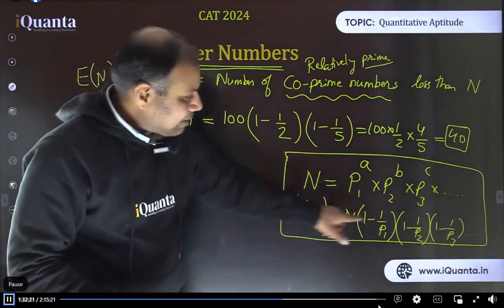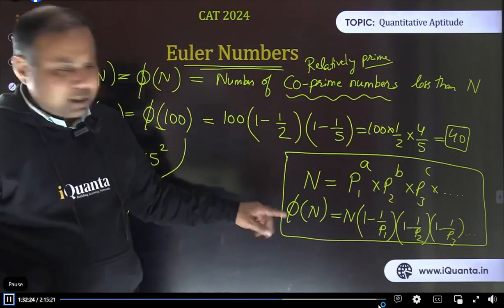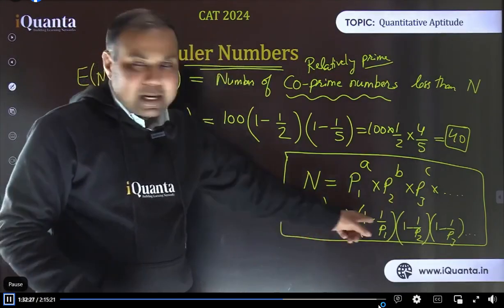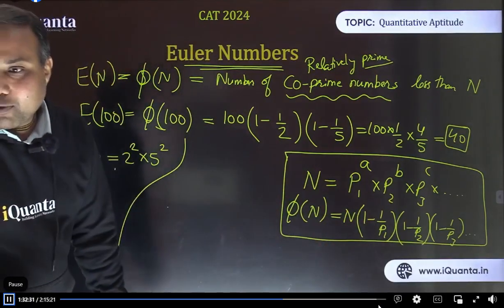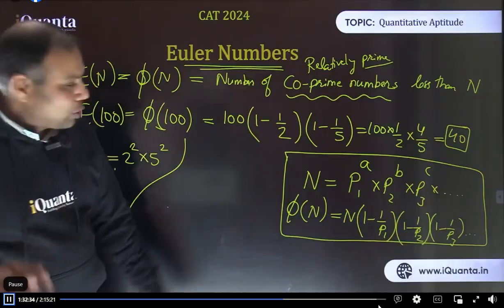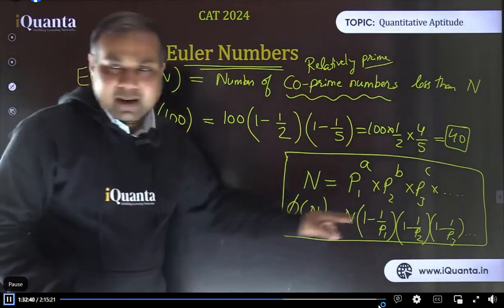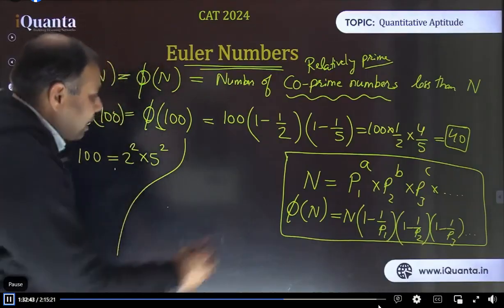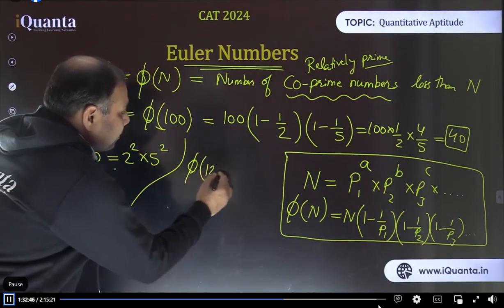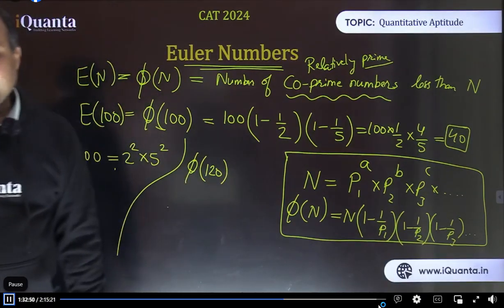Anyway, so right now we have understood this part. So what is the Euler number or Euler's value? For any number we can calculate it like this. Okay? Before I move further, the reason why we do this is still pending. I told you this will be used in calculating remainders. We will show that also, and discuss it. But first understand what we have to do. Before I move further, tell me the value of phi 120. Calculate the Euler's value for 120. Please calculate fast.